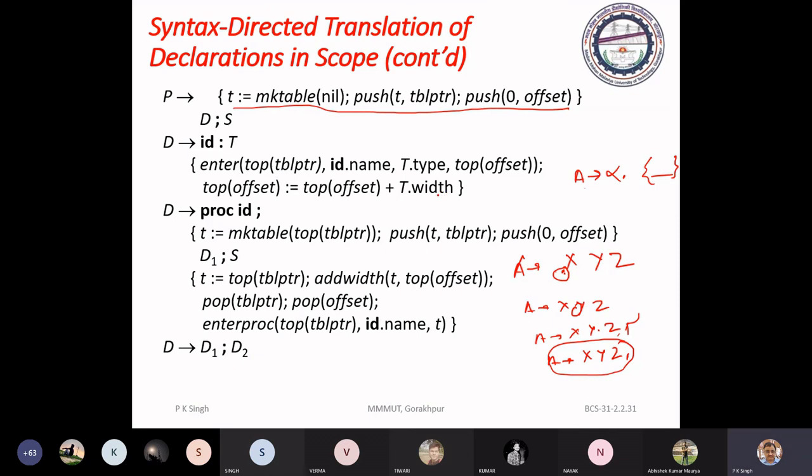Now we have to make entries in that table. The name of the table is TBL PTR. This is the pointer that refers to the table.